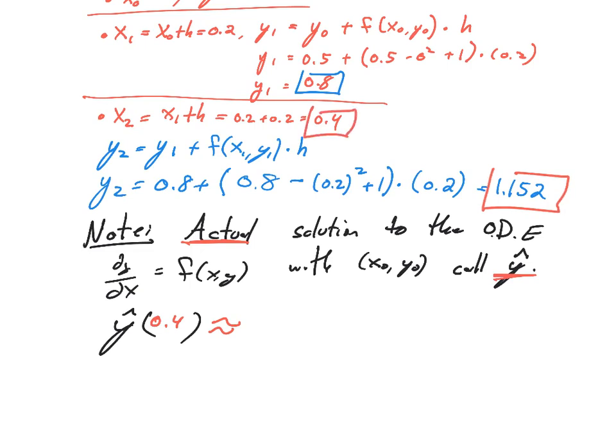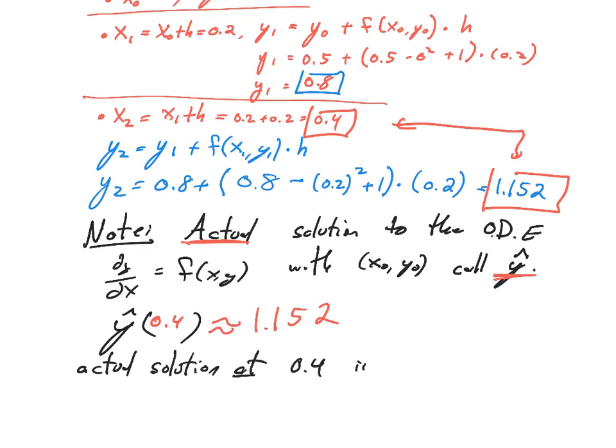So I'm saying that the actual solution at 0.4 is about 1.152. Now, we haven't talked about error bounds and how bad it is, but you want to think that at